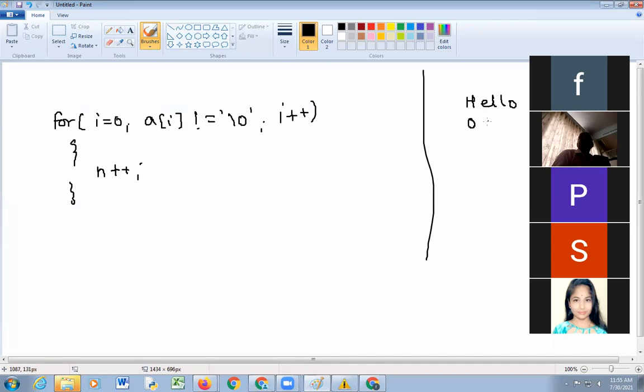So at the 0th location H, at the first location E, second location L, third location L, and fourth location is